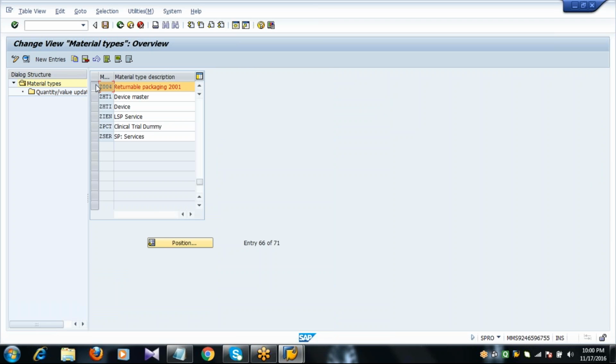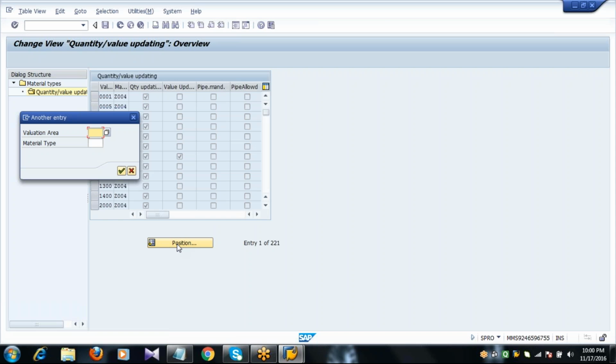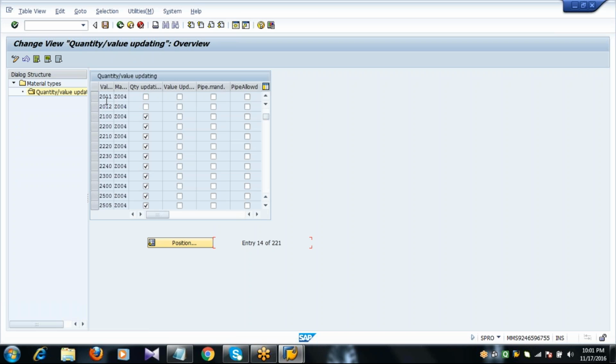Go back, select the material type and double click on quantity value updating. Click on position, enter the plant and the material type. With the combination of plant and the material type, activate quantity updating, value updating.